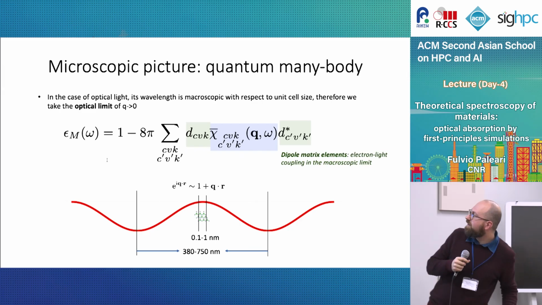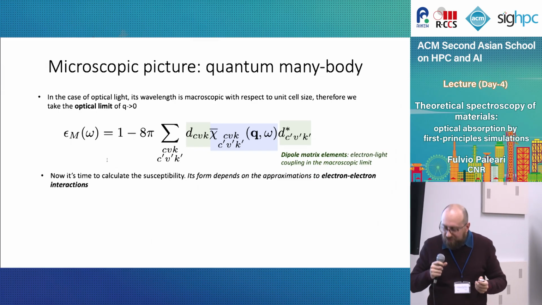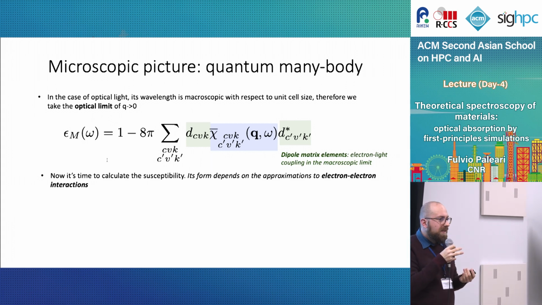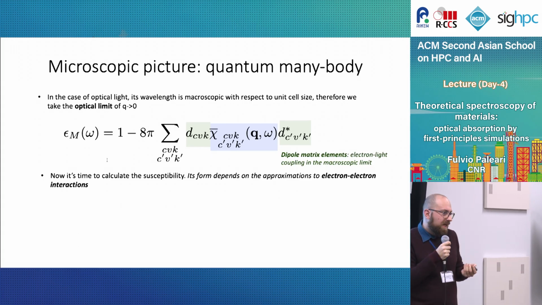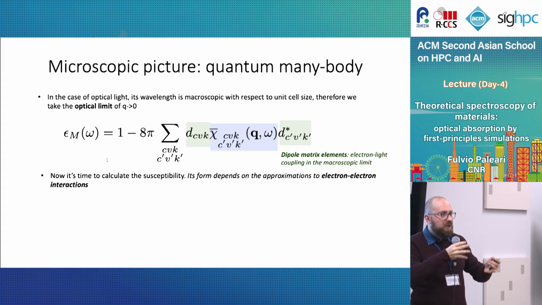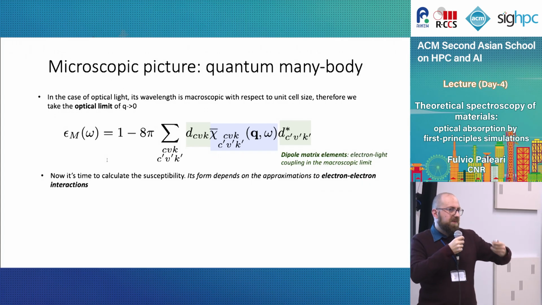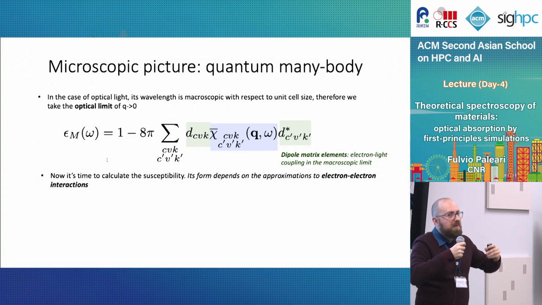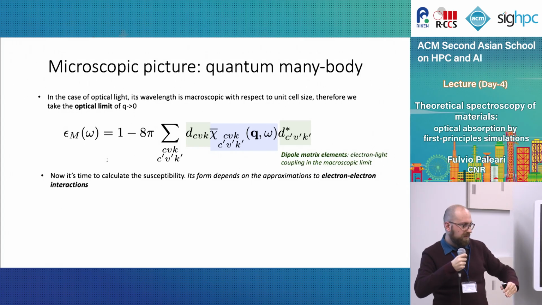Actually, these can be written in different ways. Why? Because it depends on the approximation that we want to make in the description of the underlying electronic system. Daniele already told you that here we decide which approximation to make for a very complex theory. And different levels of approximation may be useful for different observables, which may be described well by a lower level approximation, or sometimes not, and then you have to go to the next level of approximation.